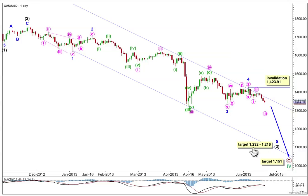At 1, 2, 3, 2, intermediate wave 3 would reach 4.236, the length of intermediate wave 1, an unusual Fibonacci ratio, but mathematically correct, and I have seen it a few times for gold, so it's entirely possible. At 1216, a little bit below that, minor wave 5 within intermediate wave 3 would reach 1.618, the length of